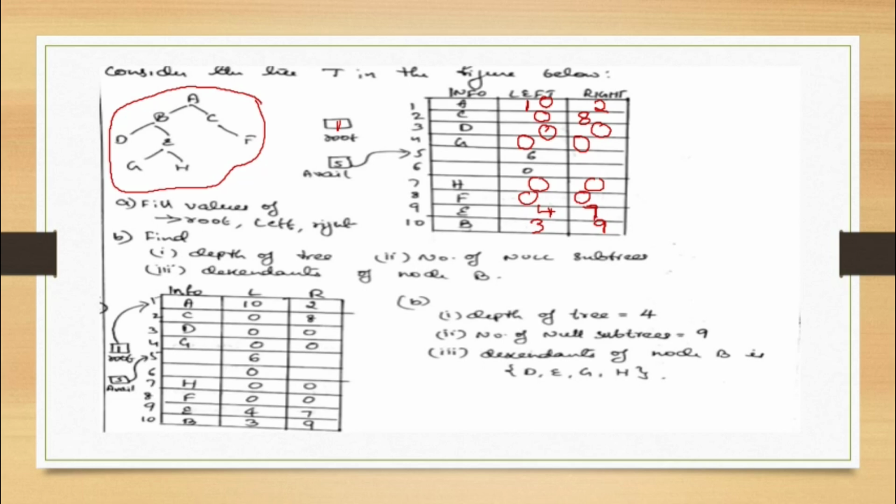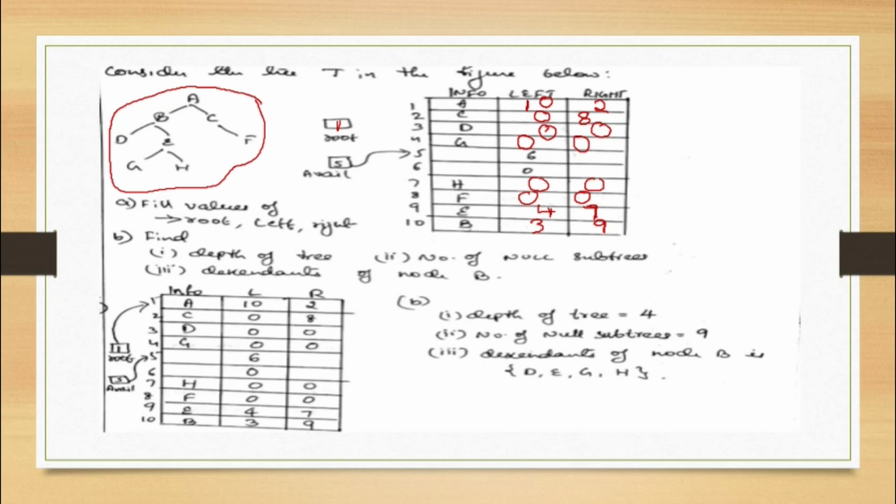So then students, we have the avail list. Because these two spaces are empty, that is the 5th and 6th locations are empty, the avail list starts from the 5th location, which shows you the address of the 6th location, and in the 6th location you have 0. That means you don't have any more space left. So that is our first answer.